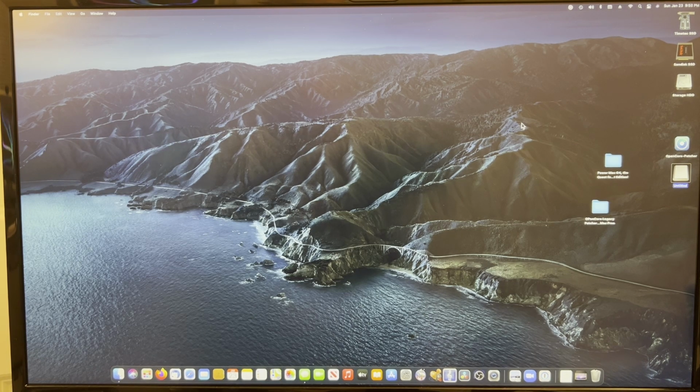If it does, all well and good. I can then try plugging in the existing boot drive and using Migration Assistant to transfer over all the data. At least that's the plan. So, what we're going to do here,